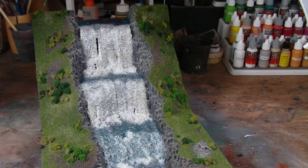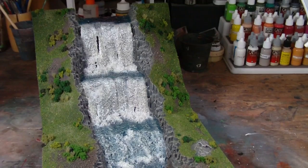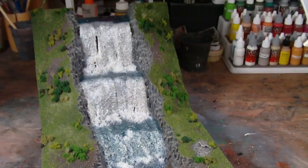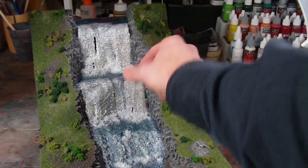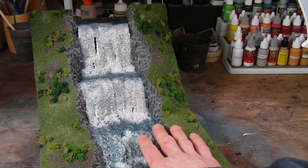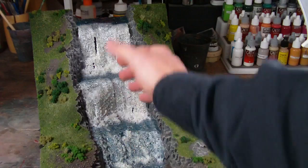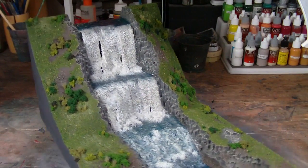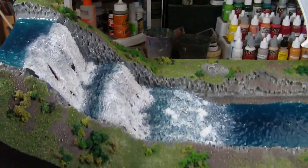And the last piece to look at for today's video is the waterfall. And the waterfall, as you saw before, was sort of a three-tier, we'll call it a 2.5 tier, right? Because I wanted this to just be rapids at the bottom, and these to be a double cascading falls. And one of the things that I really wanted to do was